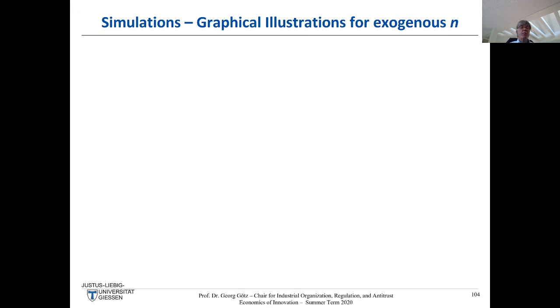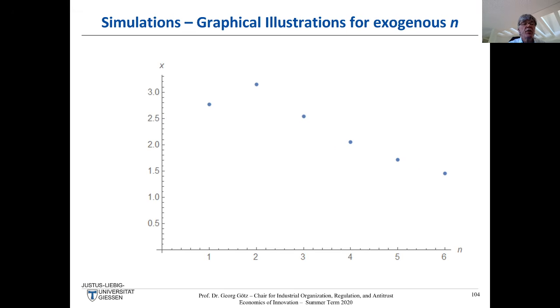Because this is a bit abstract and it's so hard to get a clear idea from these abstract formulas, I just gave you an illustration here, where one is just the monopoly case, just for your information. But what you see here, here's the number of firms, and we increase the number of firms from 1, 2, the duopoly, up to 6 firms. And what you see, exactly what I said and what somehow is Schumpeterian,